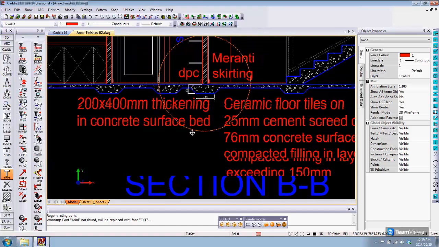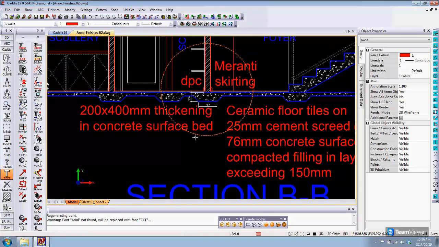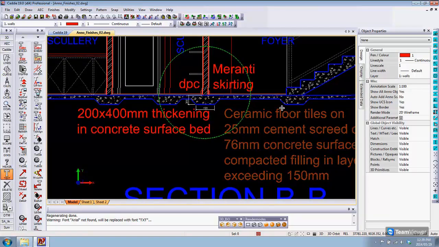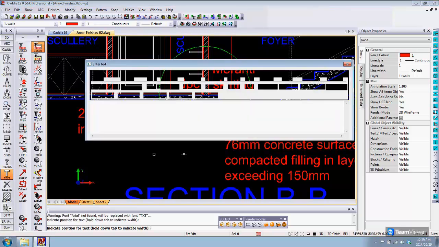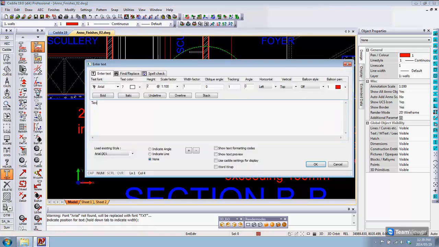So currently it's annotative. It will be displayed as 2. When I say OK to that, once again, before I enter the text, I have a look at my annotation scale in model space. So if I want my text to be displayed at 1 in 100 viewport, I set my annotation scale for my model space to 1 in 100. So if I now enter text as normal, I can just write text 1 to 100. When I click on OK,